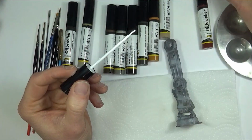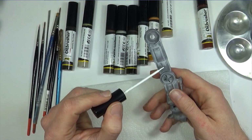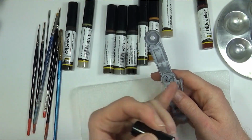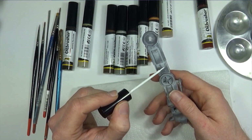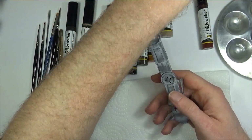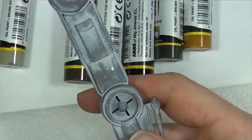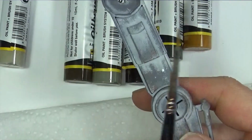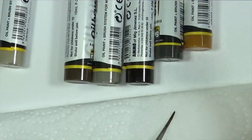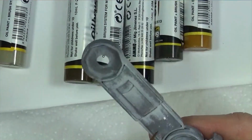All I do is very simple actually. I simply start by adding small dots of paint on the model, and then I will streak it using my brushes and some thinner. So here is an example. I'm just going to add a small dot of paint just like this, and then what we're going to do is take a brush, a 2-0 brush, sorry, and grab some thinner, remove most of the thinner on a paper towel, and then simply streak